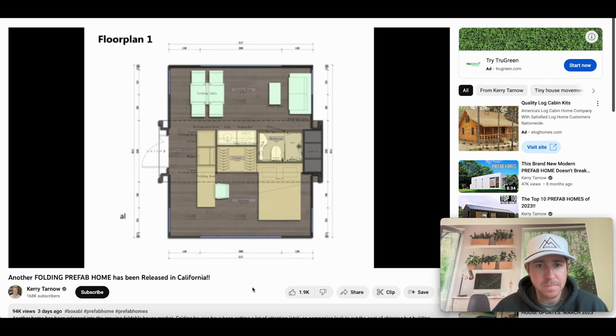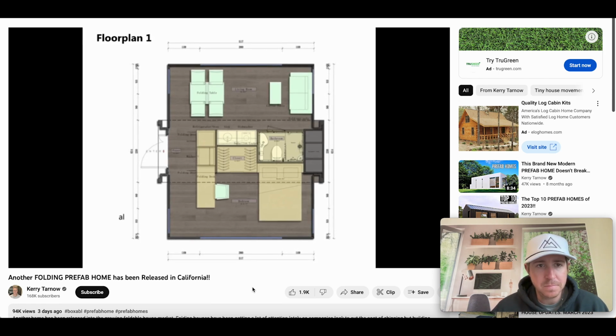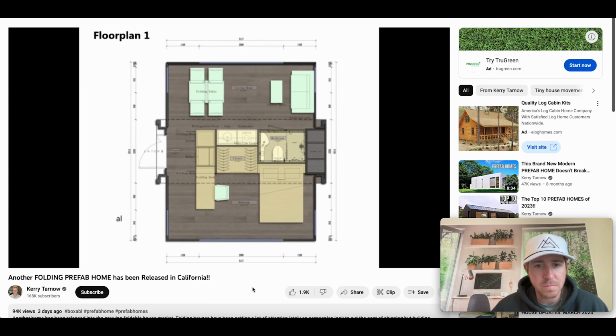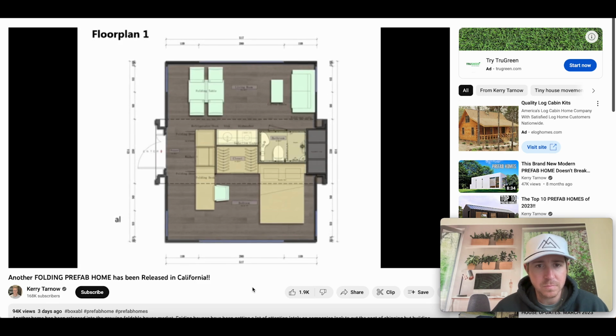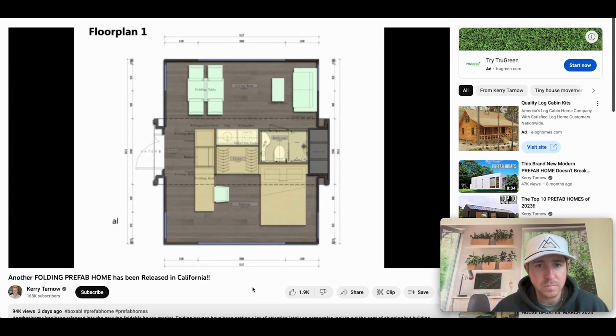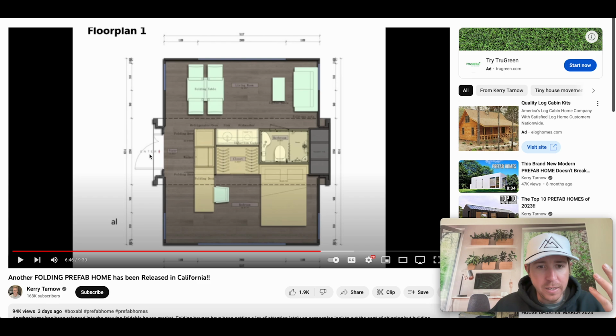Floor plan 1 is probably my favorite. Notice that everything down the middle is stationary, and the 2 sides that fold out are open space that items get added to. When you enter floor plan 1, you've got the living space and kitchen to the left and bedroom to the right. So as you can tell, you come in right here, you've kind of got this little foyer